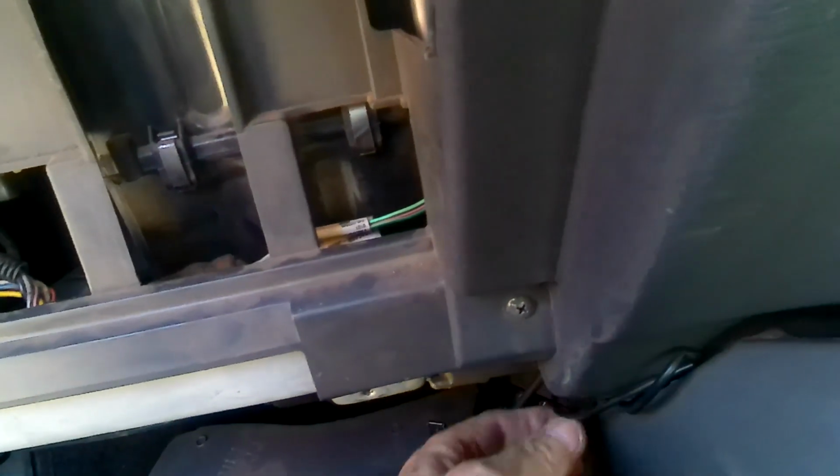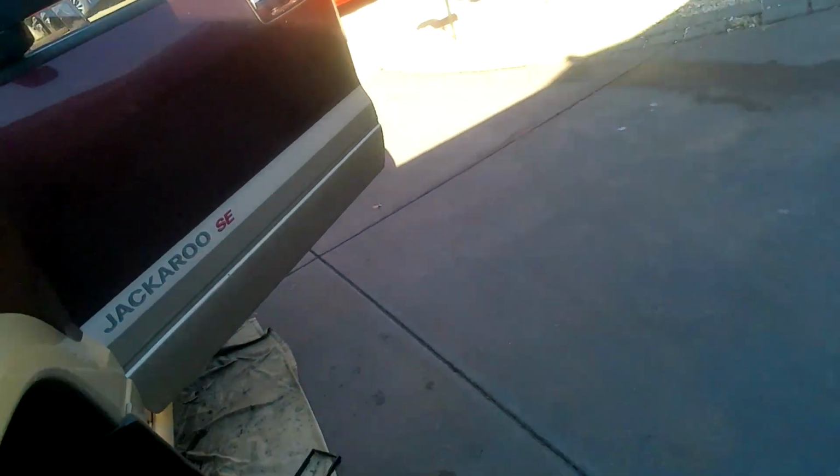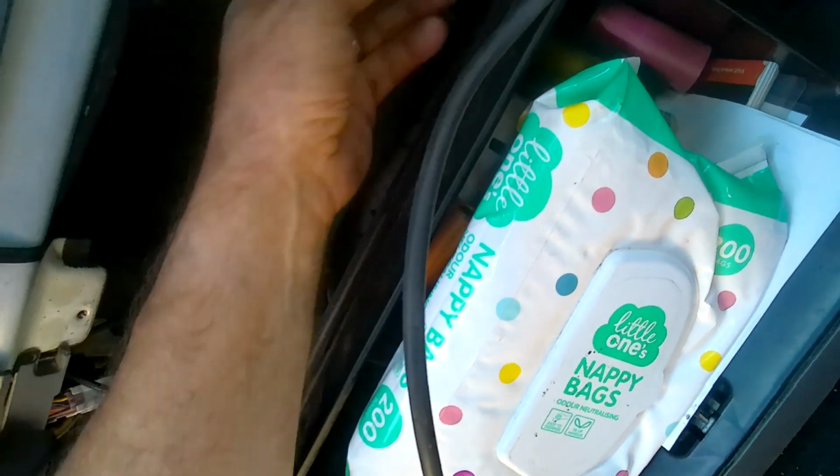So I'm just going to feed it through and hope I can feel it at the other side when I get around there. Sounds like it's through. Just going to try and find it in here without having to take this side thing off. The problem is I've got lots of cable in here, and that's the problem. So what I could do potentially is feed this through, grab hold of the cable with that, if I can get it through, and then pull the cable back through with it. Now I've got it here. So if I pull this cable out,